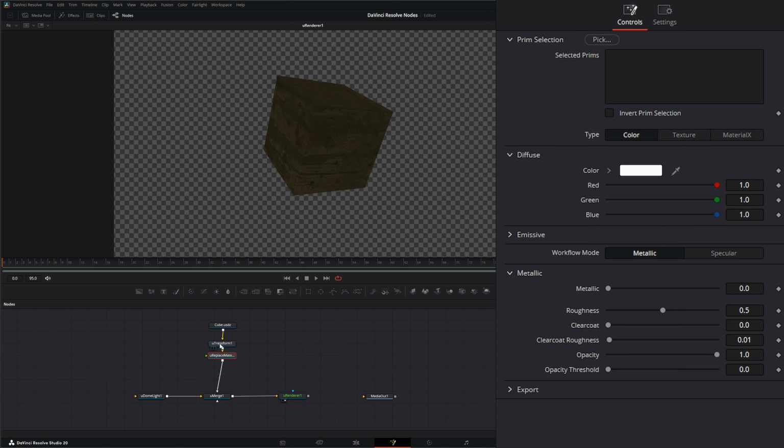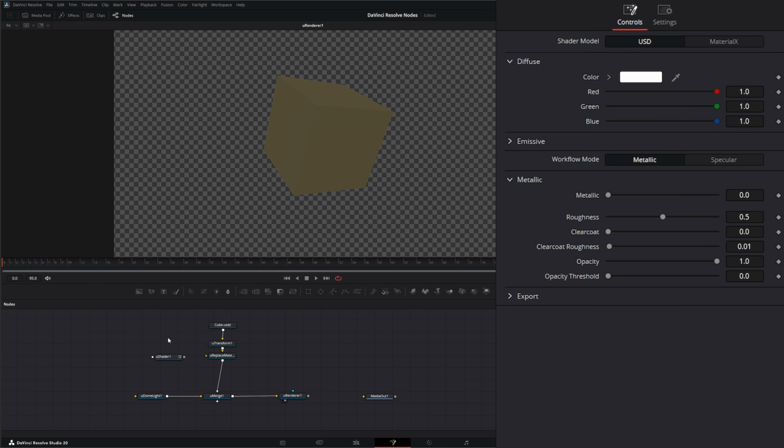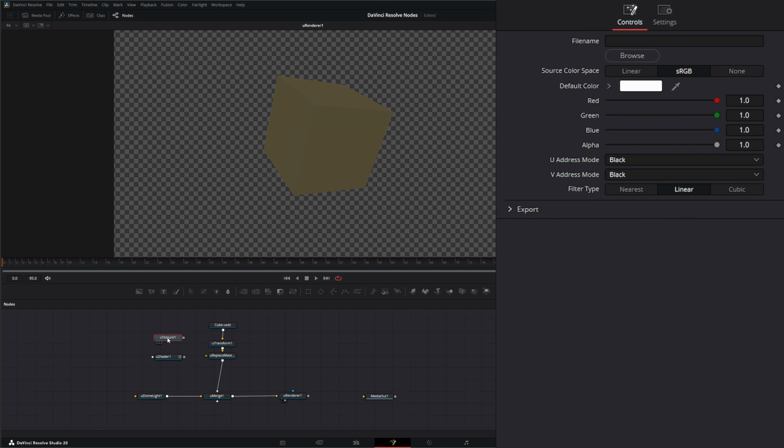replace materials node, and we need to bring our shader in here. Because remember, we need a shader to use our uTexture, but we need a uTexture to use our shader, and we're not quite covering the shader node yet, but we'll bring in a uShader node, and we're going to bring in a uTexture node. We're going to go ahead and input that into our shader's diffuse color, and we're going to input this into